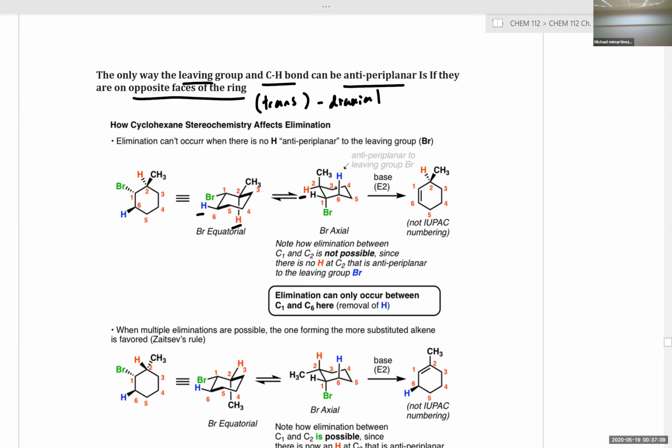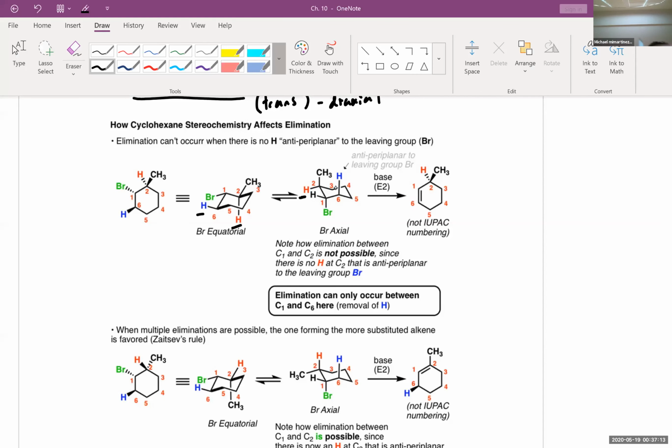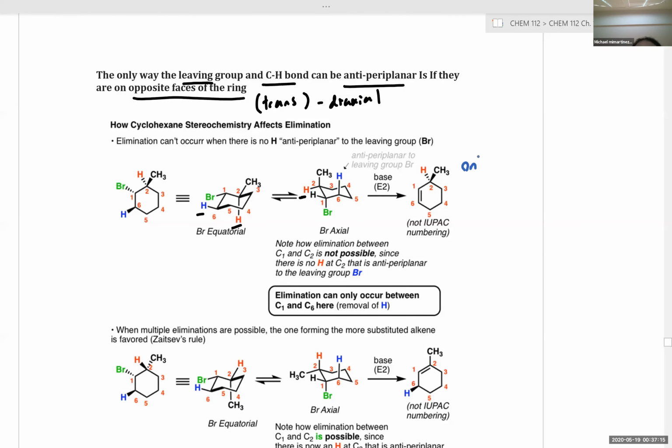Which one is trans-diaxial? Only the one in blue. So only the trans-diaxial hydrogen can react. This is important because as you notice, if we look at this product, this is the